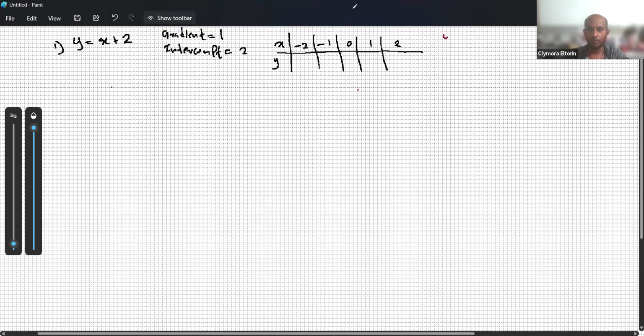What's the equation? Y equals x plus 2, no? When x becomes minus 2, what happens? Y equals minus 2 plus